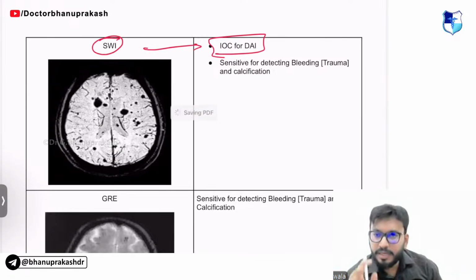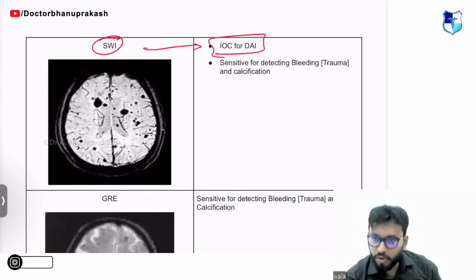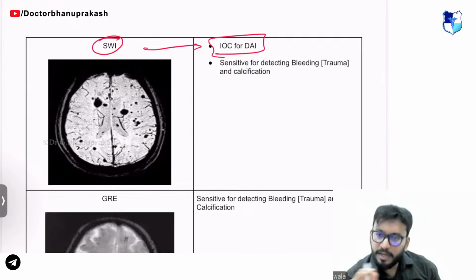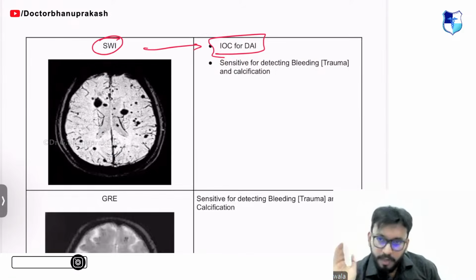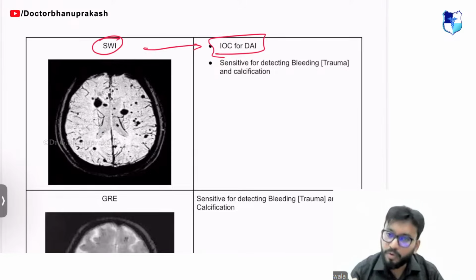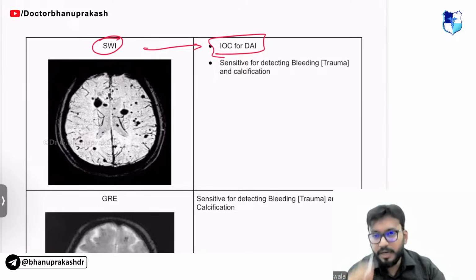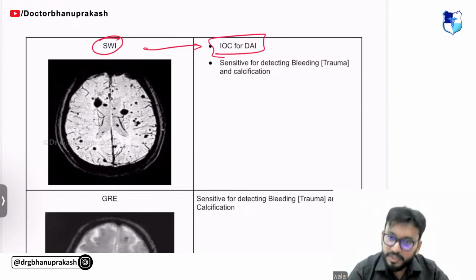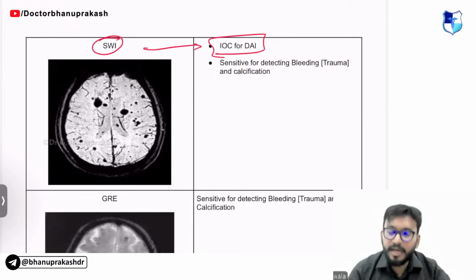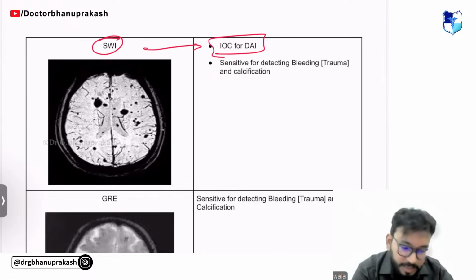The question will be that a person has come to you after a traumatic accident, a road traffic accident, or some trauma to the head. The person's GCS is very poor and not improving. You've done a CT scan of the brain. There is no bleed. CT appears grossly normal, yet the patient's mental state is very poor. How do you explain that? It can be DAI, and this is how the question is asked. Which sequence of MRI is the most sensitive? The answer has to be SWI, susceptibility weighted imaging.